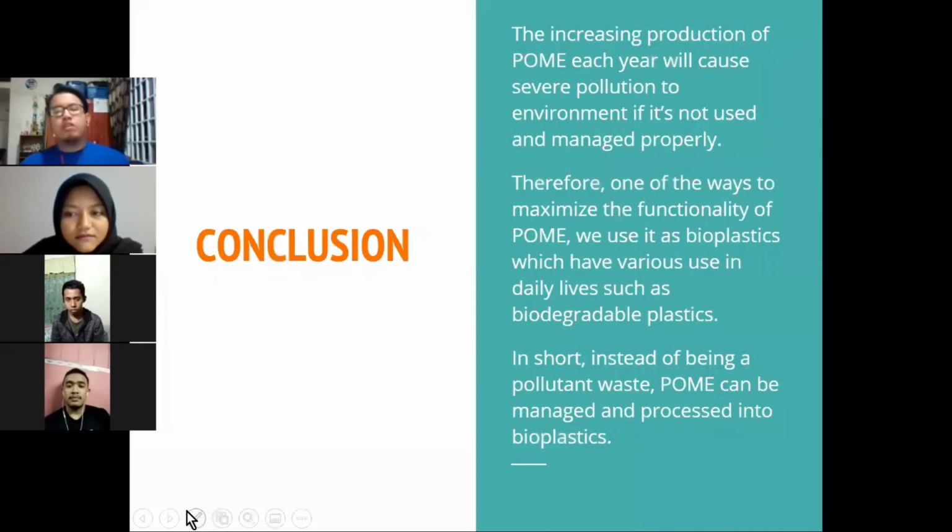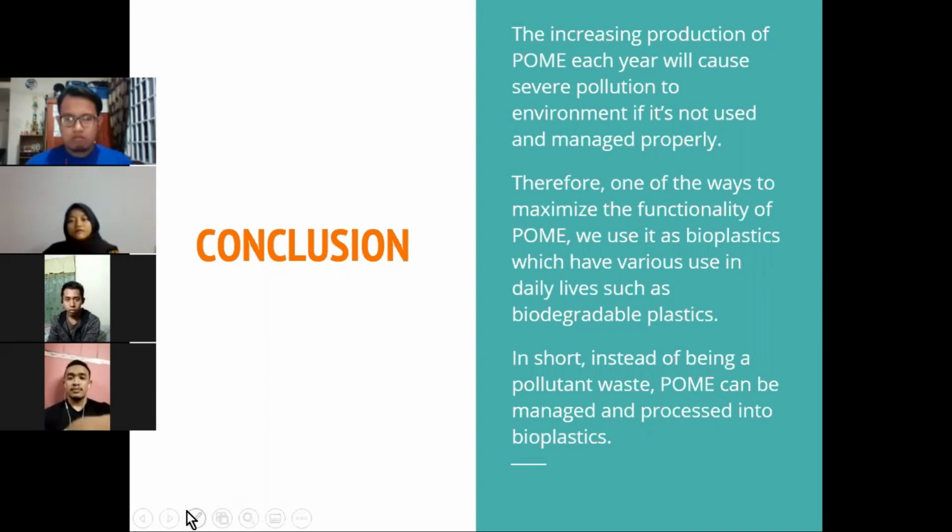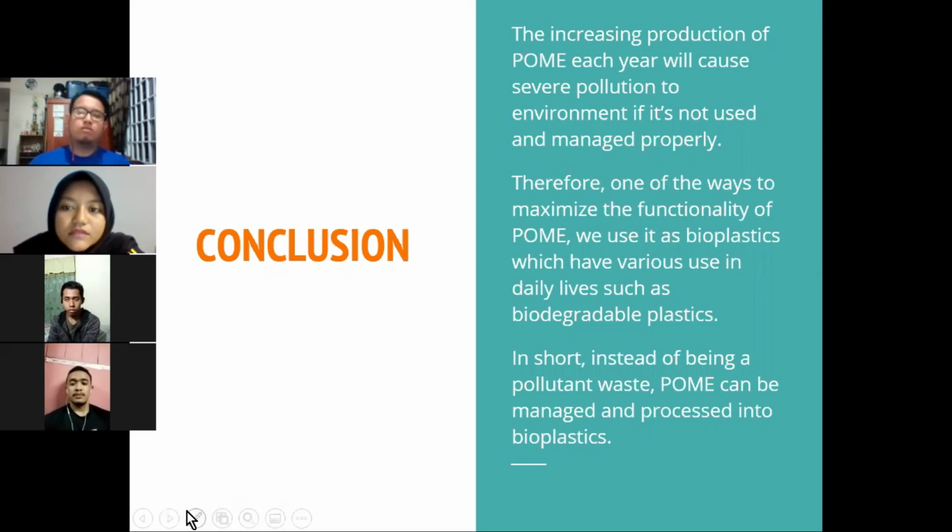Okay, so for the conclusion, generally we all know that POME is a waste that is produced from palm oil production. So to prevent the waste from just being a pollutant to the earth, we must devise something to manage the waste. So one of the ways is to use POME as bioplastics, which we just